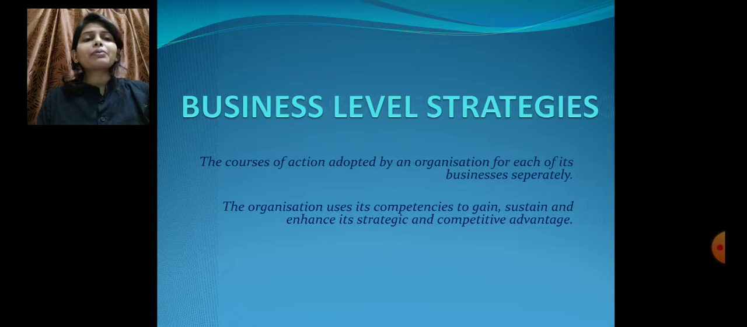So what do you understand by business level strategies? Since you have diversified your business, you need to understand that each and every unit has to be managed carefully and smartly, and strategies also have to be formulated accordingly. Alright, so this is what constitutes your business level strategies. As you can see, it is used to gain competencies, sustain and enhance its strategic and competitive advantage, right? This is the reason why we are formulating the business level strategies, right? Proceeding further,